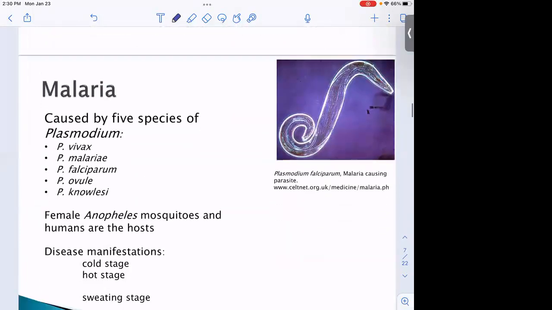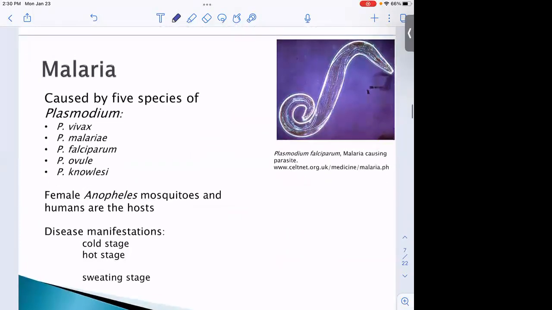Okay, so let's talk a little bit about malaria as an example of a parasitic protozoa. I like to talk about this because in about half of the countries in the world, you can potentially get malaria when you're visiting. So it's the single biggest threat to Americans when they travel in terms of getting seriously sick.